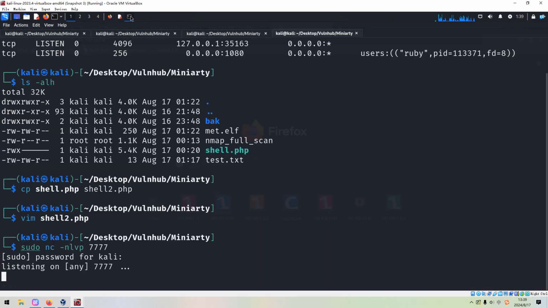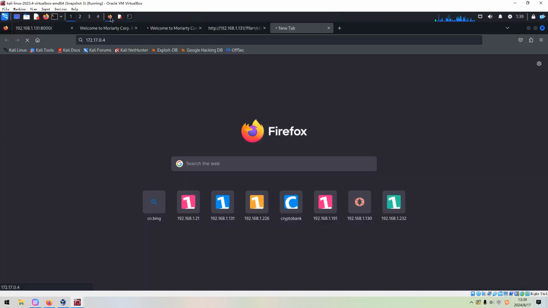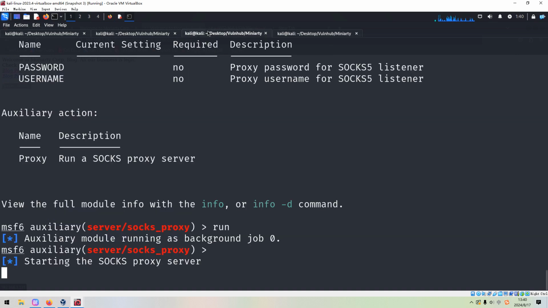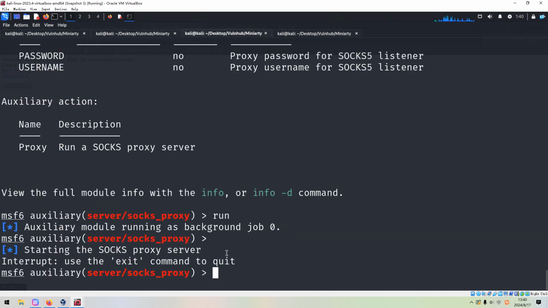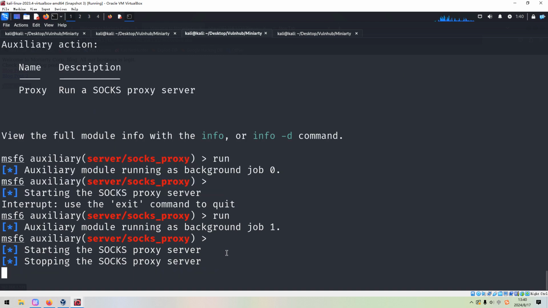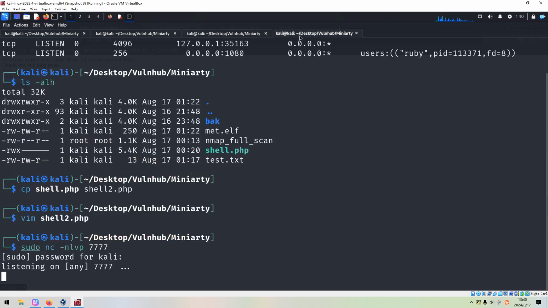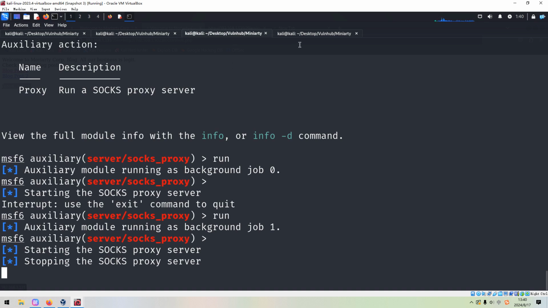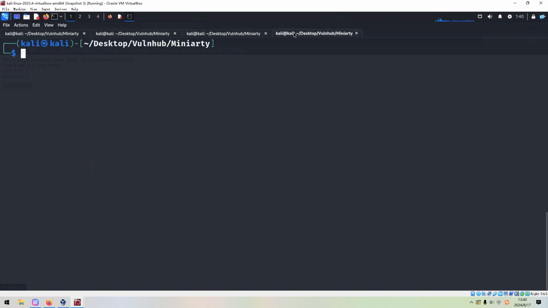I think this is another problem. Maybe we need to set up the proxy server again. We can run it, and make sure, okay, so we can set up the listener.